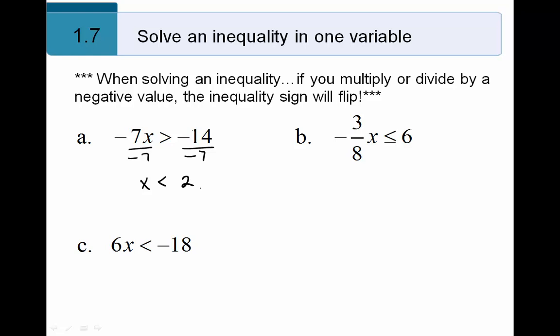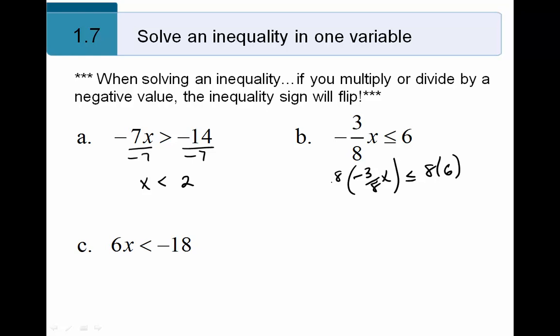Moving to example B, we have negative 3/8 x is less than or equal to 6. I'm going to choose first to get rid of the fraction by multiplying both terms by the least common multiple of the denominators, which is 8. So I'll have 8 times negative 3/8 x and 8 times 6. Since at this point I'm multiplying both sides by a positive number, I don't have to worry about reversing the